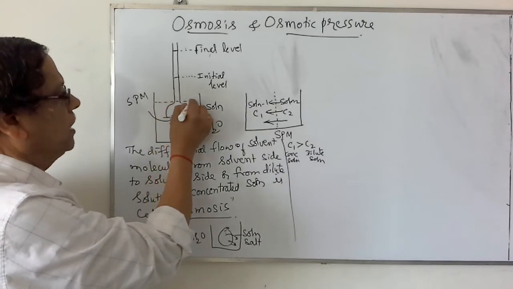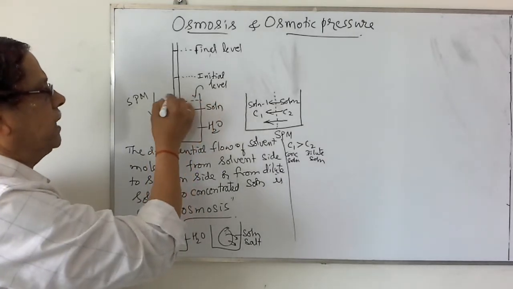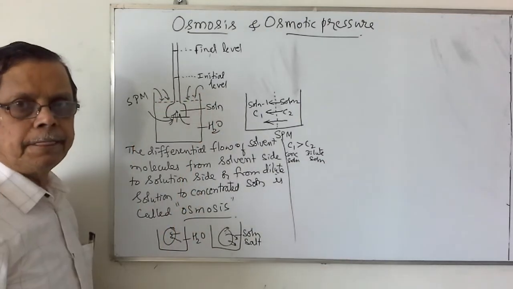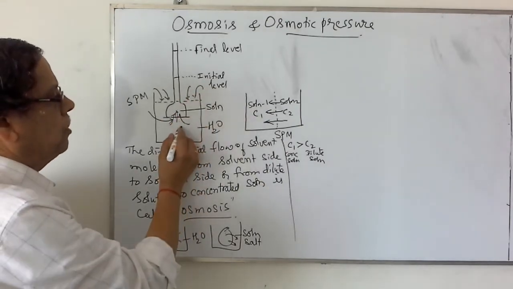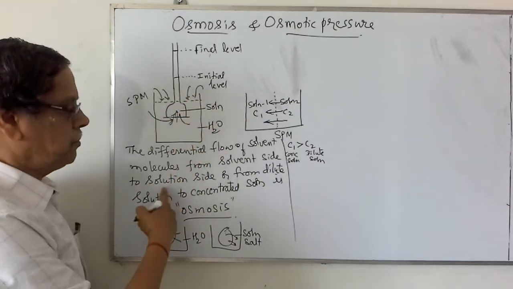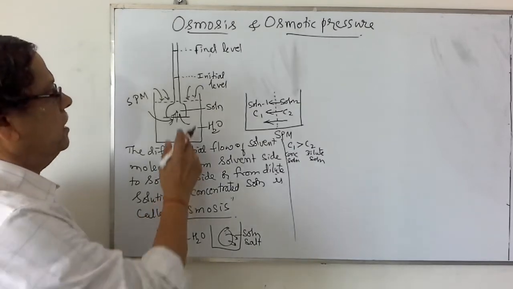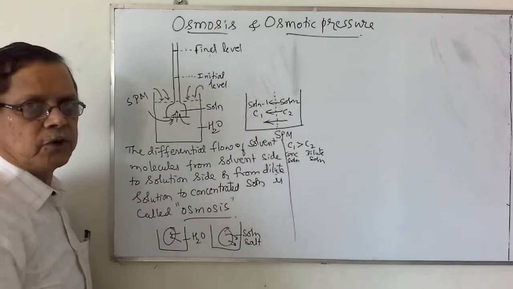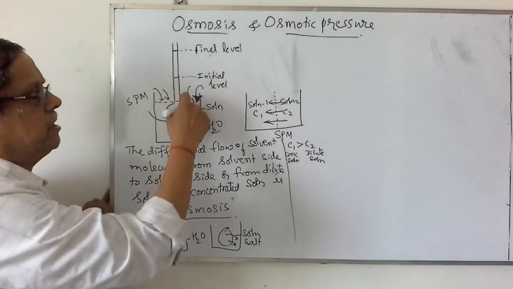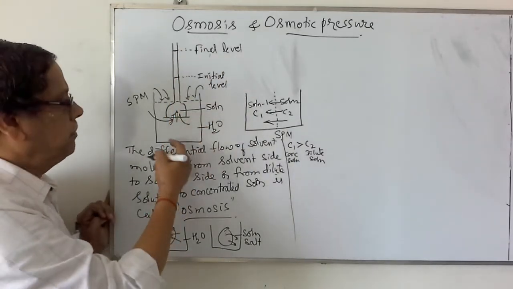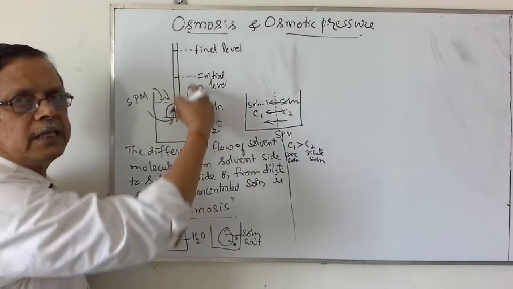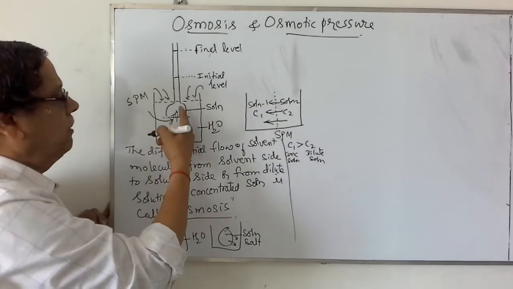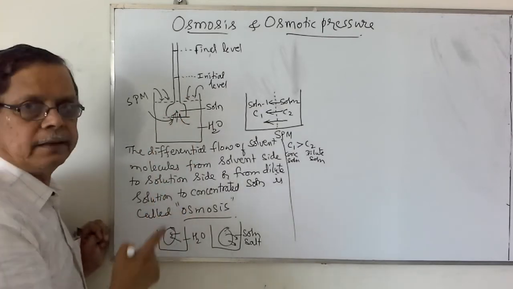Assume that this is the level of water inside this. There will be the force acting on this surface of the water, like this. This is atmospheric pressure. And because of this atmospheric pressure, water molecules enter into this one. That is, osmosis takes place. But once a particular level is reached, there will be another force acting, that is actually gravitational force. It is because of the gravitational force water tries to come down, but because of this atmospheric pressure on the surface of the water, it is trying to go up. When these two forces get balanced, the movement of the solvent molecules is prevented.